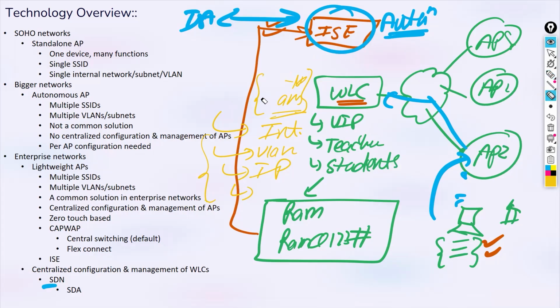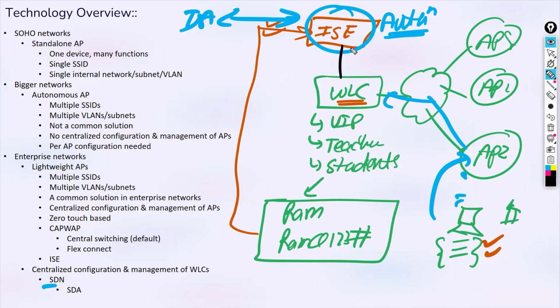So when you integrate your WLC with the ISE, what happens? Let's say I integrate these, right? From ISE, you can create a single SSID.